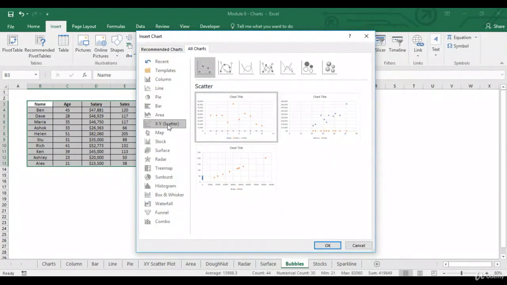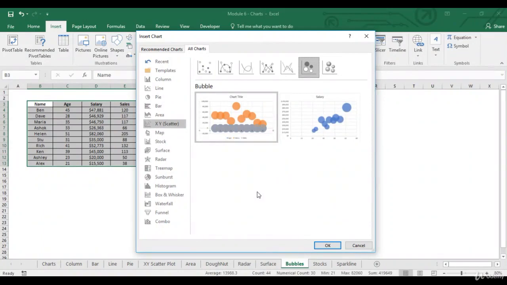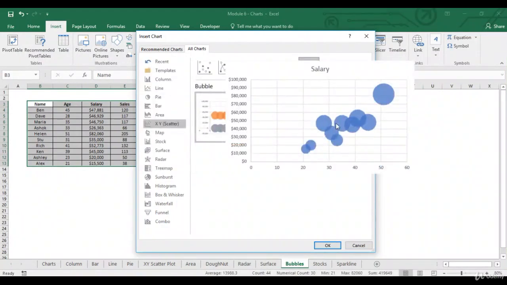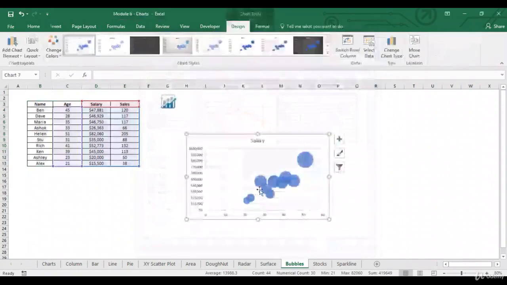So I'll go to XY scatter plot. Over here I've got this bubble chart. Within the bubble chart also I've got two options. If I look at this one, this won't give me much idea, but the second one is more interesting to me over here. If I click on OK,